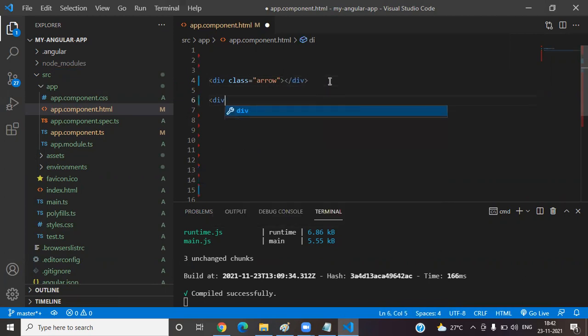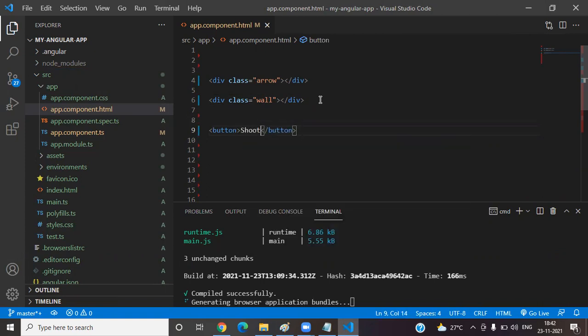Take one more div with the class equal to wall. And then I have one button, and the button name is shoot.